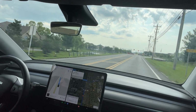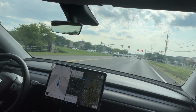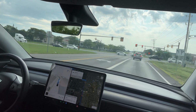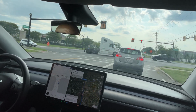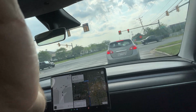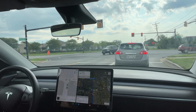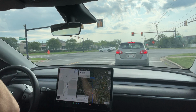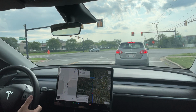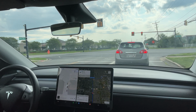So, as you know from my other videos, I am not acting like this is perfect software. It is certainly far from perfect. You cannot go to sleep. You cannot take your eyes off the road. Matter of fact, you agree. Nice camera setup. What's going on here? You agree when you take on the software and enter the program to abide by certain conditions, and those are that you're always going to have hands on the wheel, be ready to take over at any time. So the software is relying on you to be there in case it makes a mistake,